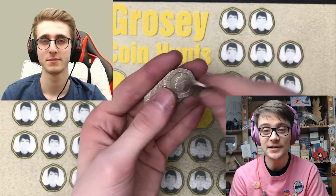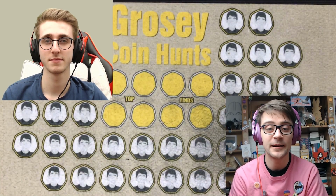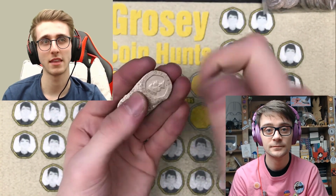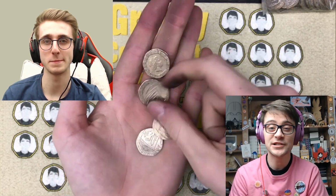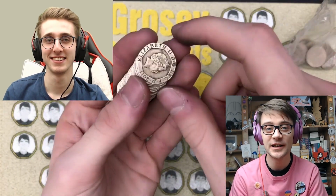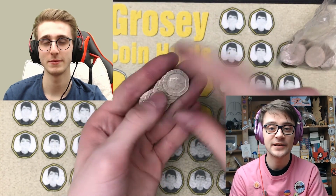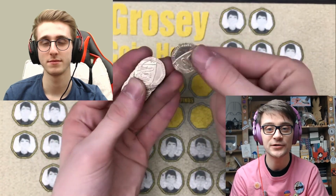Again, it's a good margin over face value, but it means nothing to her, so she very happily gave that to me. Yeah, definitely. I've had a few. I think my dad found a WWF once in a cafe in change, which is quite nice. And you'll be amazed as well how many people are secret coin collectors or coin stashers. They've got a little pot of interesting coins stashed off to the side, or they've got a collection of coins from being on holiday that they'll let you have a root through, and if not give you some or trade you some, but it's nice to see what other people have managed to